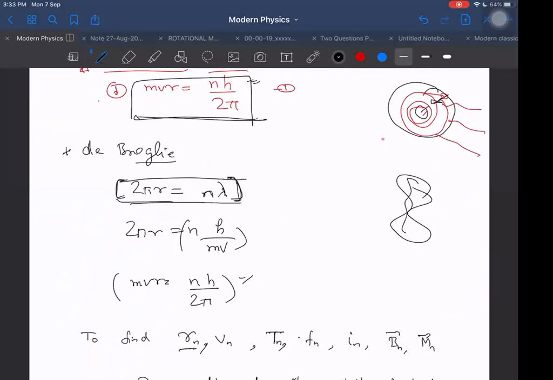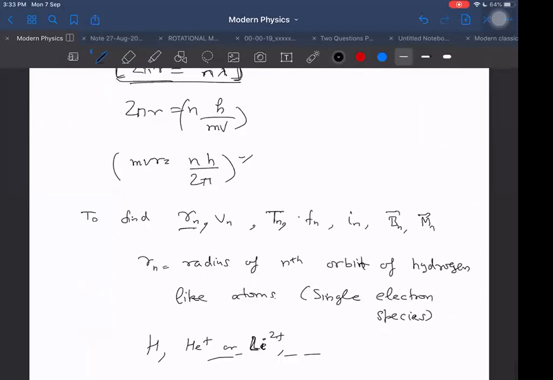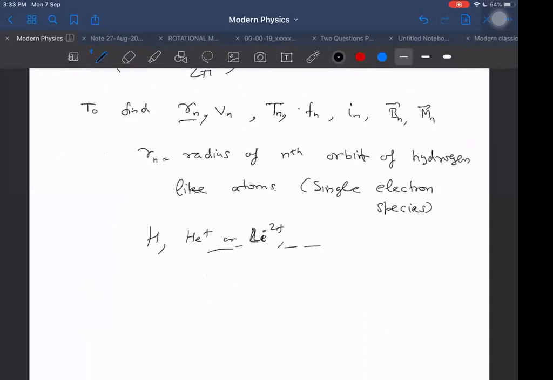Some electron cloud is there, and Heisenberg's uncertainty principle tells us that electrons cannot even move in a well-defined path. That is itself the mistake. If we say an electron moves in a well-defined circular orbit, that is a mistake. We can never determine its position accurately. According to Heisenberg's uncertainty principle, we can decide on average where the electron will be, but we cannot tell exactly. So that notion of circular orbits was wrong, and it cannot explain many other things. But it very successfully explained the hydrogen spectrum, etc. I will be discussing how it explained those.